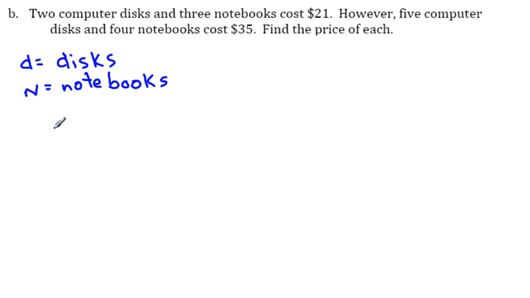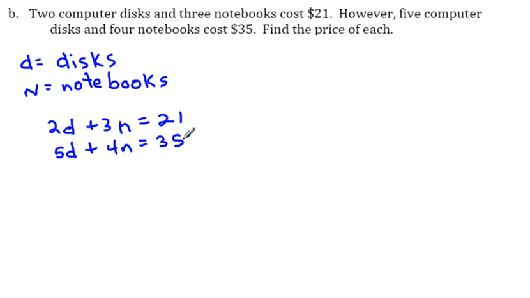We have 2 computer disks, that would be 2 Ds, and 3 notebooks plus 3 N's equals $21. That's the first sentence. 2 computer disks and 3 notebooks cost $21. So 2 of the D's plus 3 of the N's equals 21. Now for the second statement, it says 5 computer disks, 5 D's, and plus 4 notebooks, 4 N's, equals $35. So right away I've got my 2 equations in my 2 unknowns set up